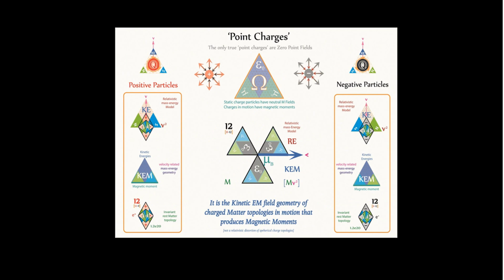So that's what this illustration is about. It's simply saying that in the case of either a positive or a negative point charge, we have energies radiating out in any direction. If they are all in balance, we have a case of an electrostatic particle that will, in the case of positive charges, attract negative charges to it while repelling positive charges. And it actually repels the positive charges